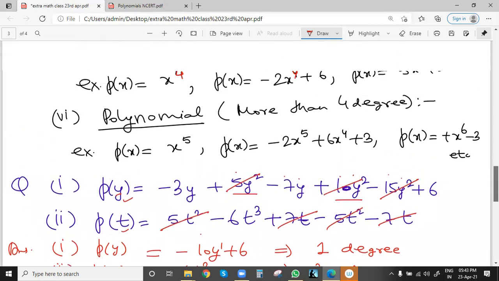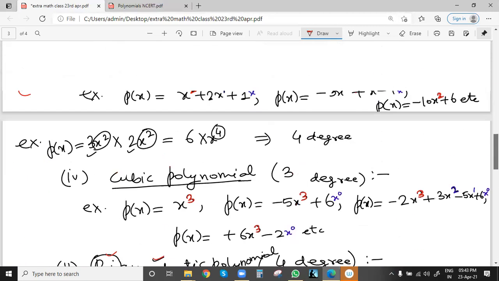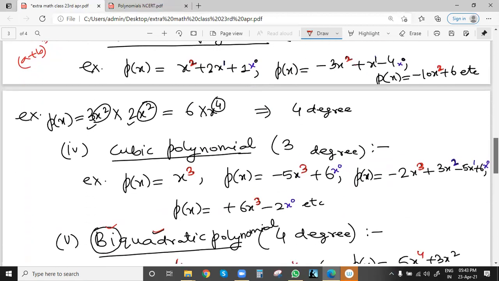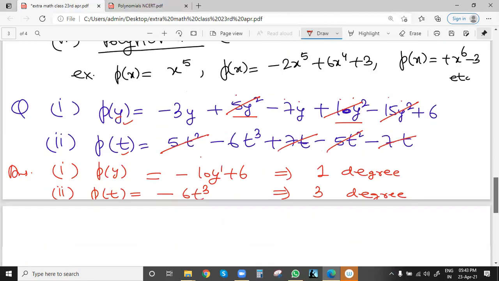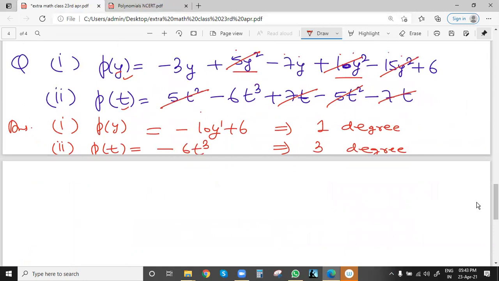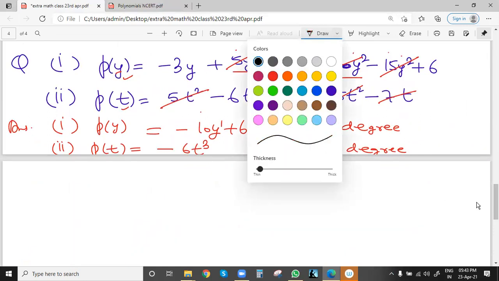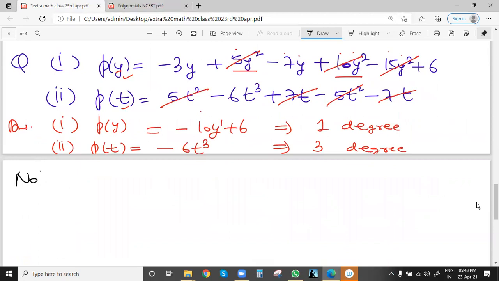Correct. Now one last point here. These are basically types of polynomials based on number of terms and based on degree. One last point for polynomials, you can make a note that a polynomial must have...